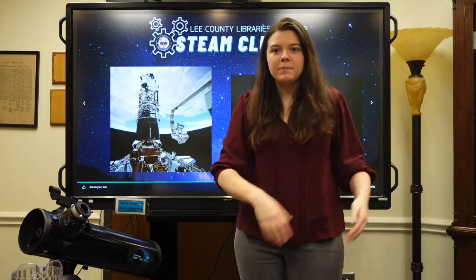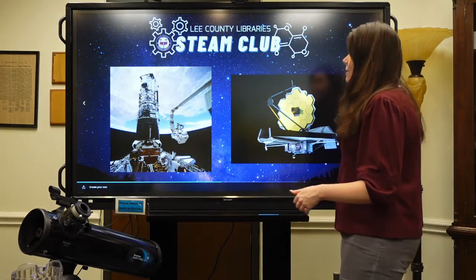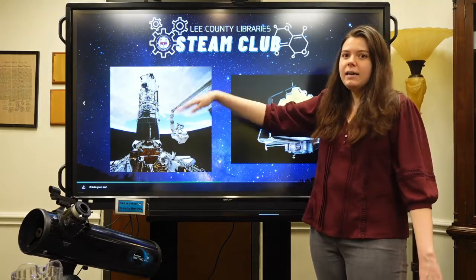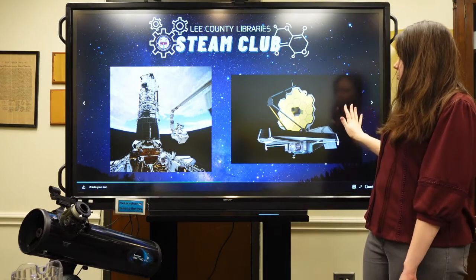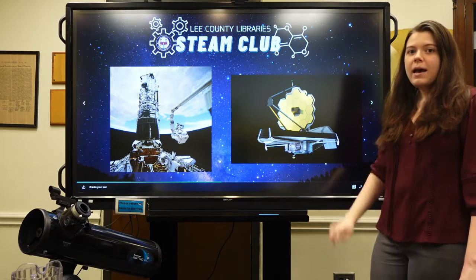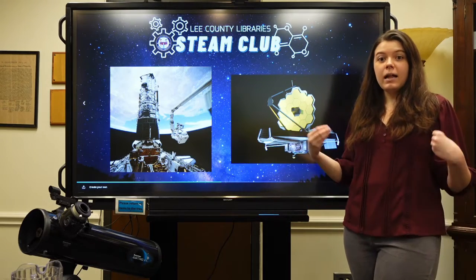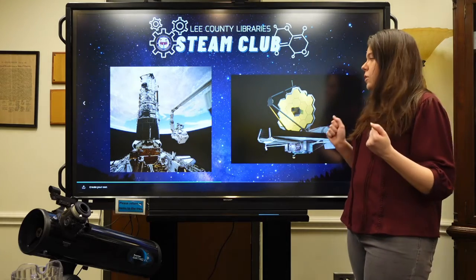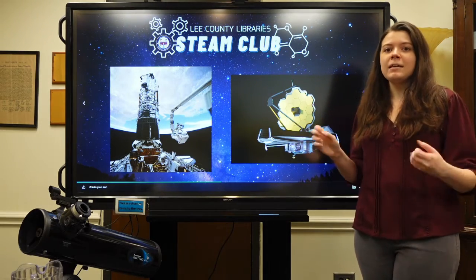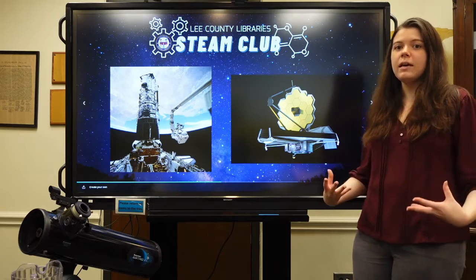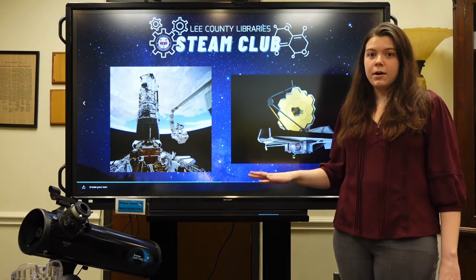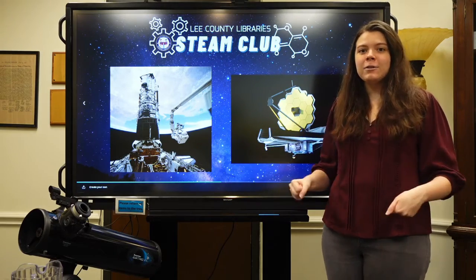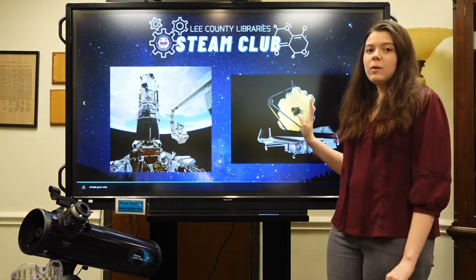the atmosphere. And that's what's up here on this screen right now. So I have a picture of the Hubble telescope on this side, and then a picture of the brand new James Webb Space Telescope. And these are both telescopes that are outside of the atmosphere in space. And so they are able to take really fantastic images of stars with greater detail than any telescopes that are here on Earth. The Hubble has been in space for about 30 years now, but the James Webb Telescope was